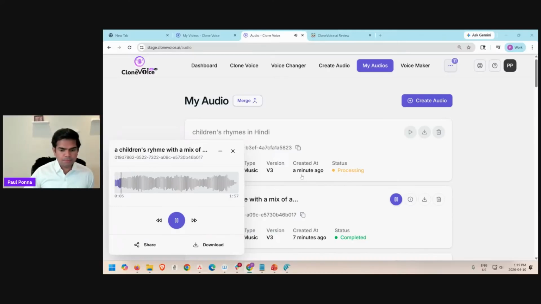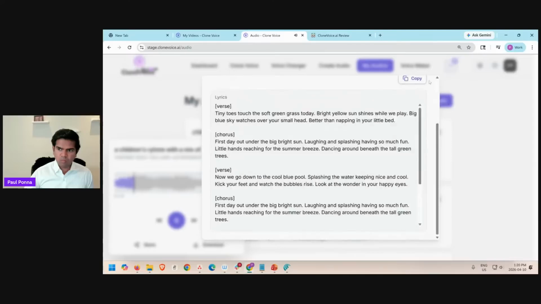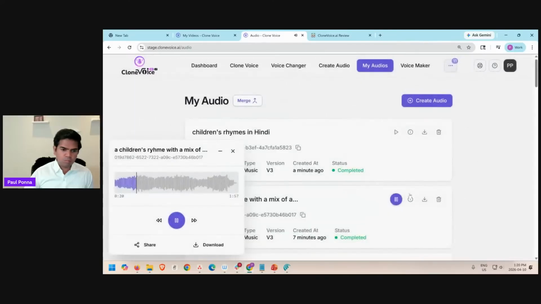Tiny toes touch the soft green grass today. Bright yellow sun shines while we play. Big blue sky watches over your small head, better than napping in your little bed. First day out under the big bright sun, laughing and splashing, having some tall green